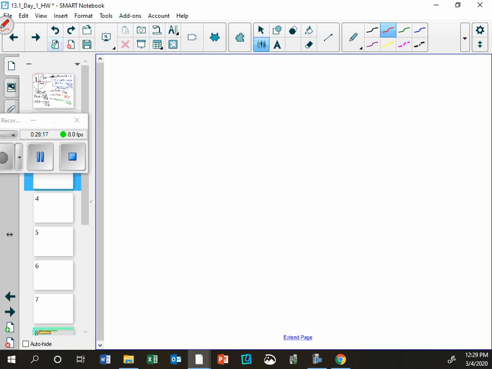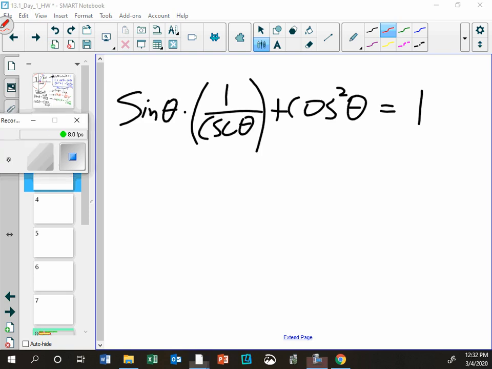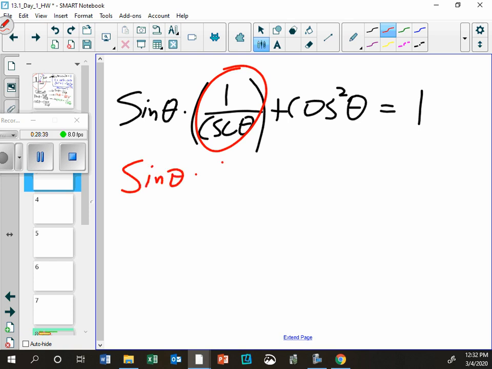I'm going to give you a very simple little proof and see if you can do this. Just make sure you show your work, because most of you will be like, yeah, I know that's true. Pausing for a second. Okay. Did you find 1 over cosecant somewhere on that sheet? Hopefully you did. And it was sine. And then you got sine theta times sine theta. So the only swap we made was this.